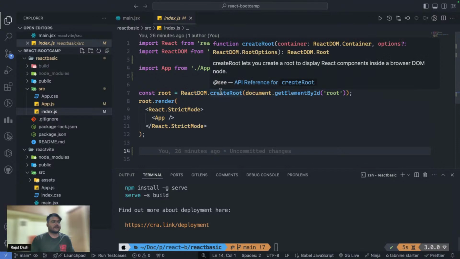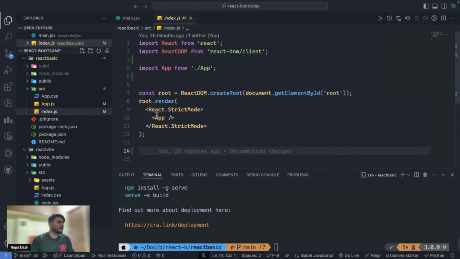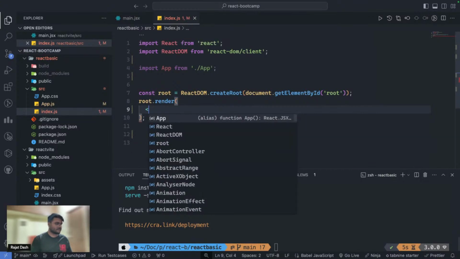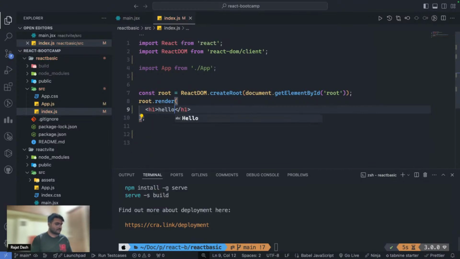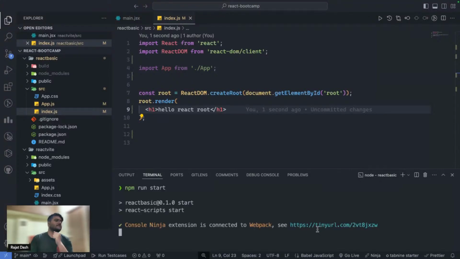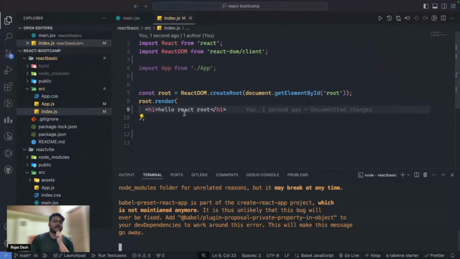Can you see this ReactDOM.createRoot element?